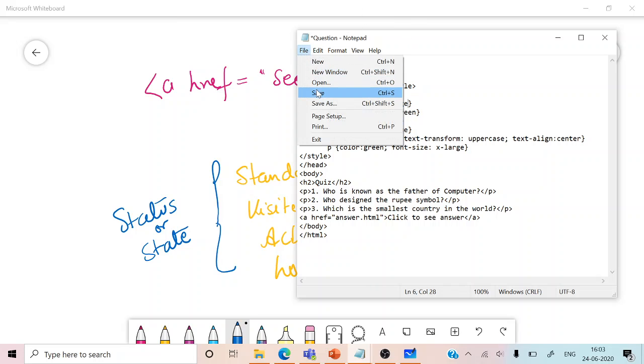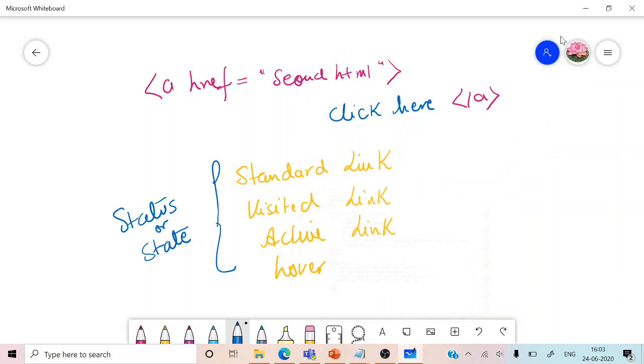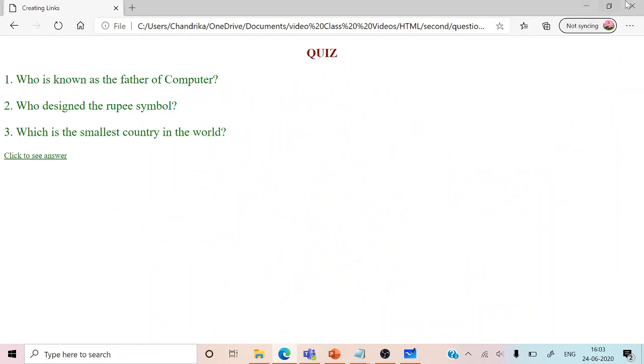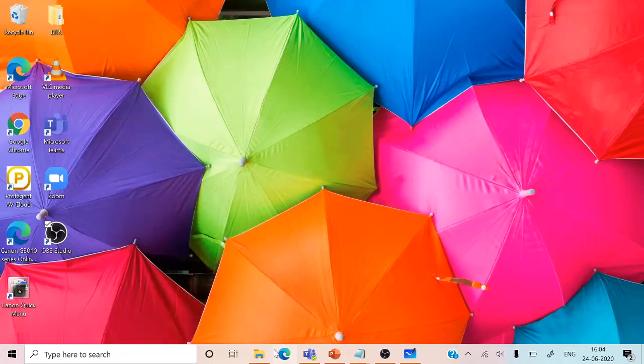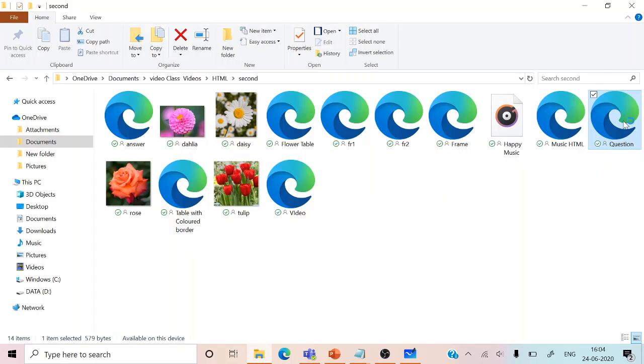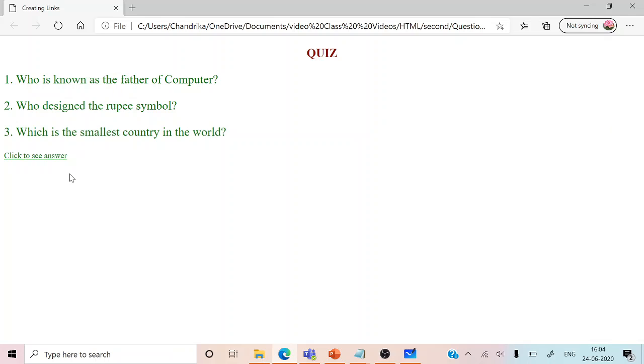We save the file again, close this particular page and click on the questions. When we are hovering here, you can see the red color. So this is how we can give our own color shades to this.